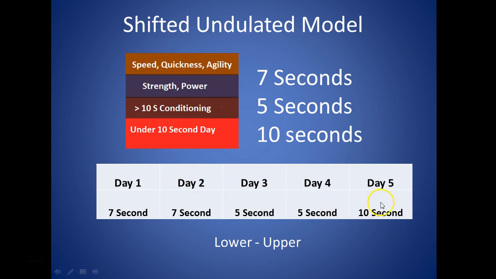If you want to know why this works, you can look up the Triphasic training book, and you should be able to understand why the shifted model works so well and why I use this method. Now, the upper-lower concept would be that I train legs one day, and I train the upper body this day. I'll get a hormone response on both days, obviously, but by training upper body this day, it helps with and aids recovery from day one, so that you're ready to do lower on day 2.